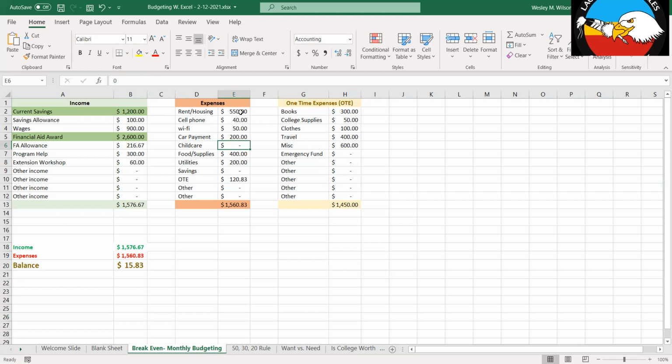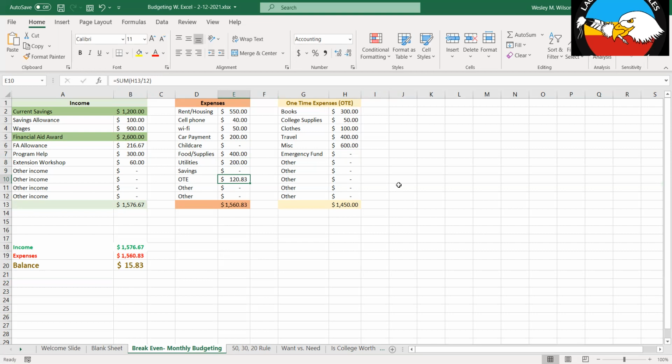But we don't have any children yet, so that expense obviously will go up someday. Food supplies for family, utilities, savings. That's another thing we're going to talk about in a minute. OTE would be one-time expenses. Basically, what you're going to do is calculate all the one-time expenses, the things you're only going to spend once